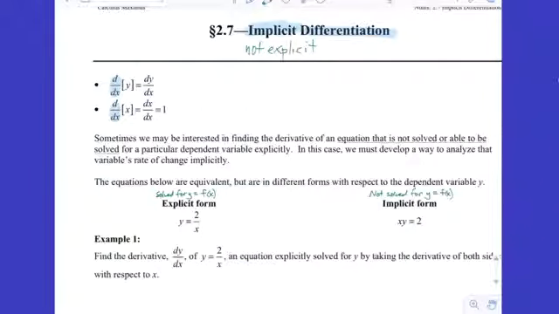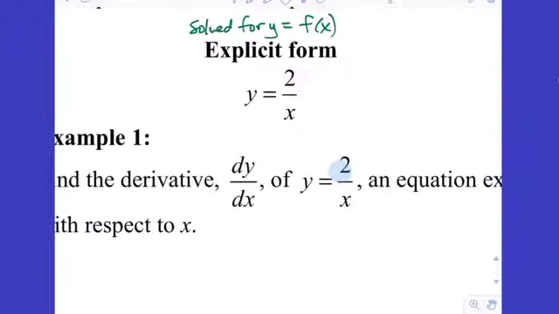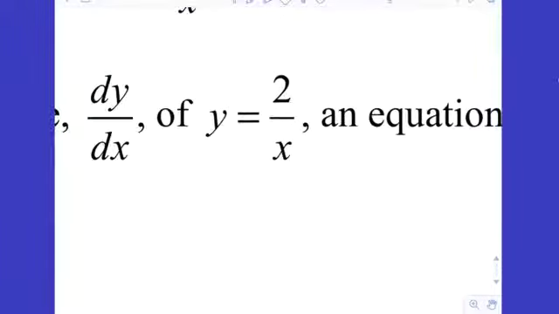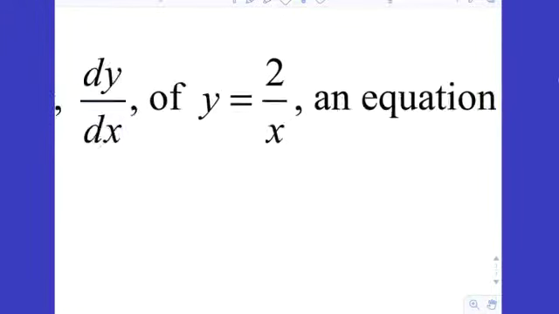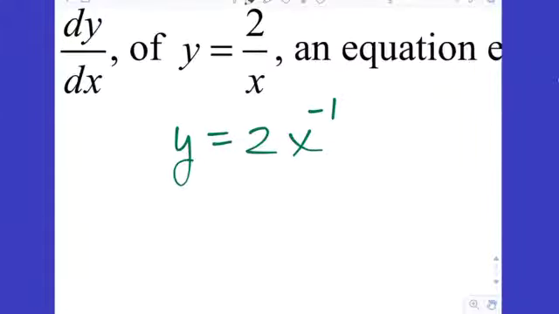So let me show you how this is going to work. Example 1. It says, find the derivative dy/dx of 2 over x, doing the way we know how, which is called explicit differentiation, although you don't need to call it that. So what would I need to do to take the derivative of this? Do you want to use the quotient rule? What? Yeah, okay, let's rewrite it. y equals 2 times x to the negative first. Now that's still explicitly solved for y as a function of x. The derivative of both sides, I'm going to go ahead and show this,